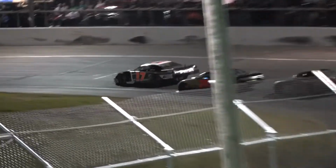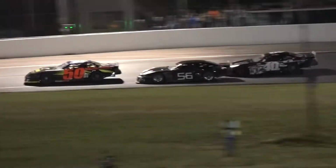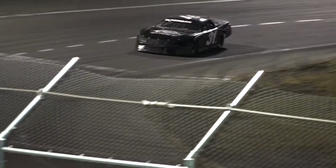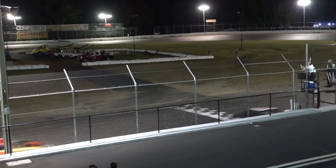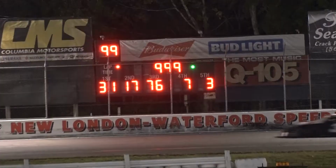And they continue to chase Ryan Morgan down the backstretch. How about the run that he has had? Jumped out front, held off a lot of charges, rolls off of turn number 4, and finds himself back in the London Waterford Speedboat victory lane. Second place going to